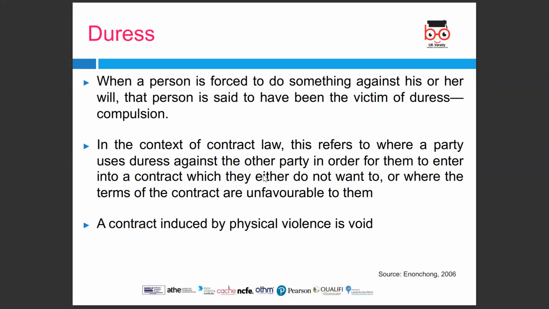If we go back to looking at the doctrine of both duress and undue influence, these doctrines both provide a means for an individual to avoid an already concluded contract. These doctrines operate where the individual has been forced or coerced into the contract, as the video said, by threats, unfair pressures, or unreasonable influences. The justification for these doctrines is fairly obvious. It is that it prevents one party taking unfair advantage of another. The effect of these doctrines on contract is that it makes the contract voidable at the request of the aggrieved party.